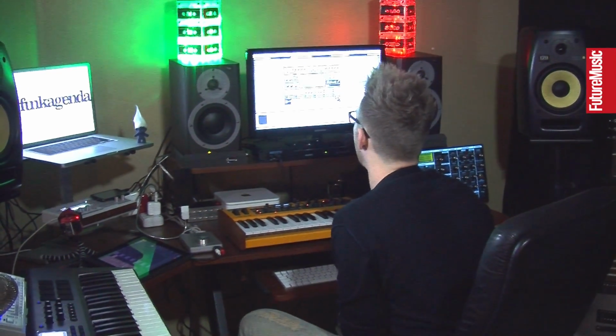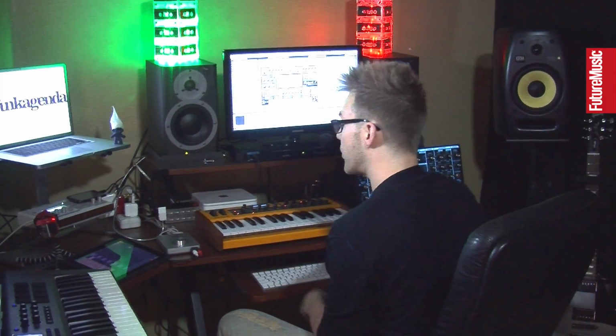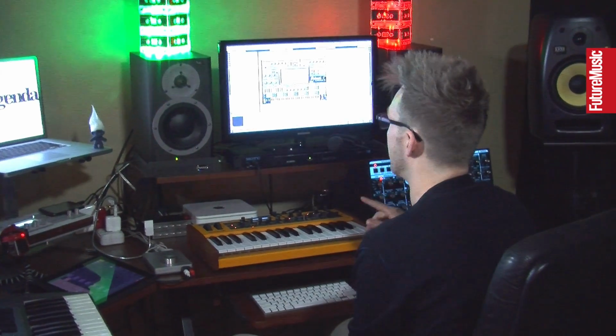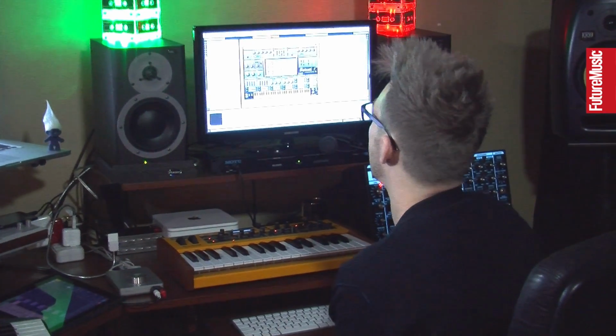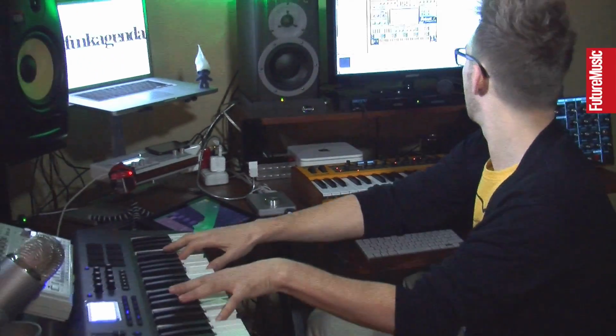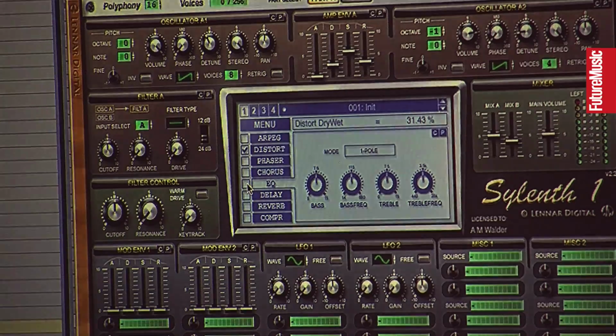The second thing that I put on is the EQ. The cool thing about Sylenth's EQ is when you're doing this kind of sound in particular, you don't really have to touch it. You'll see, this is the sound now. When I click the EQ,